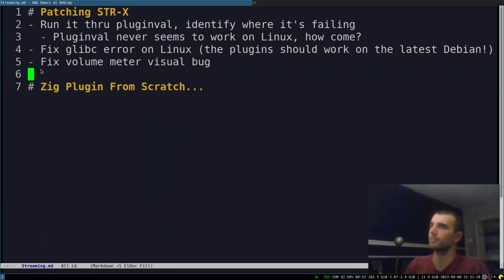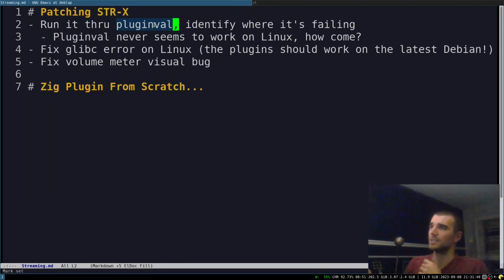But anyway, there's some bugs with the STR-X. I don't think it passes plug-in val. I thought it did when I patched it. I'm pretty good about testing that stuff pretty rigorously, but I've noticed that there are some issues with STR-X specifically.